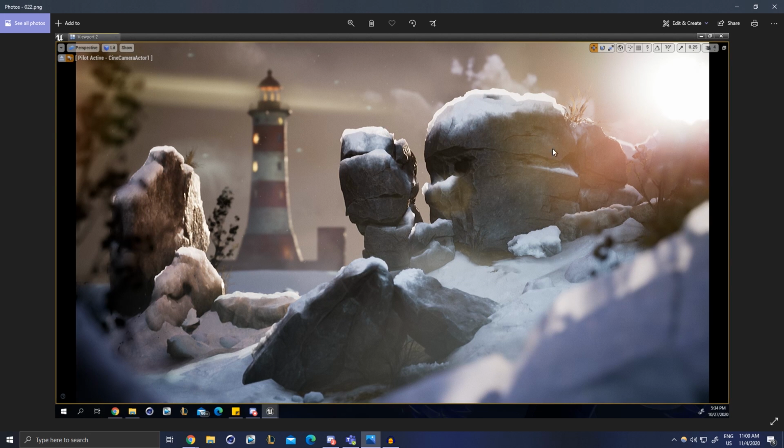So fast forwarding, we're really getting close to the end here, messing with the colors a little bit more to have some warms in the background and cools in the foreground to break things up a little bit. Some nice blurring here, really sort of carving out the frame to focus in on this lighthouse and this big rock here. Just some more set dressing and stuff going on. The lighthouse is now completed.